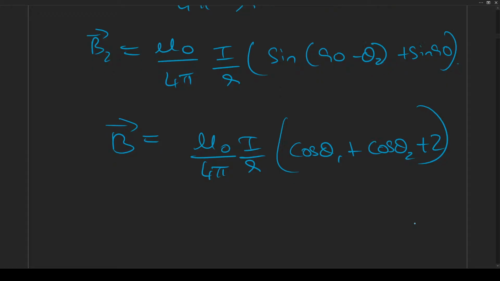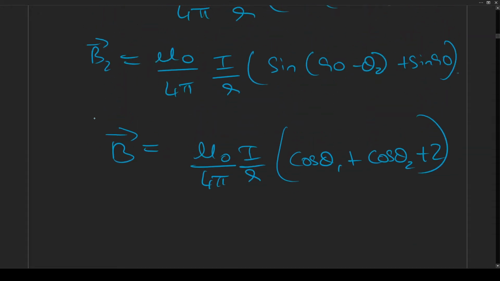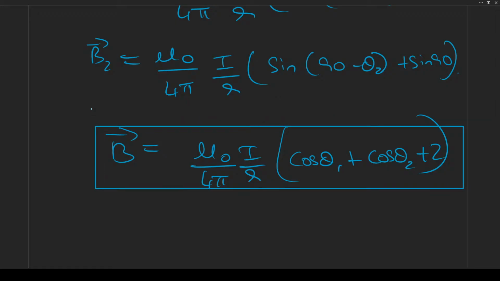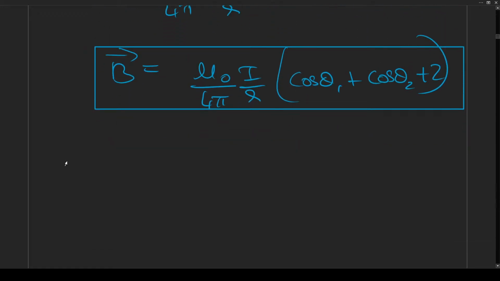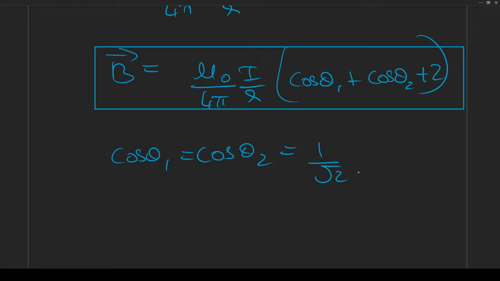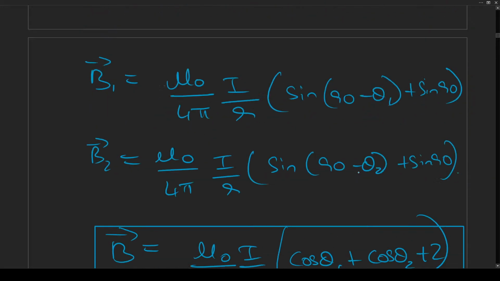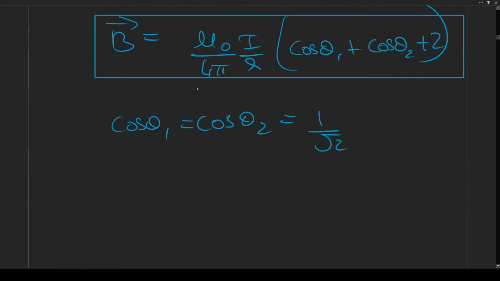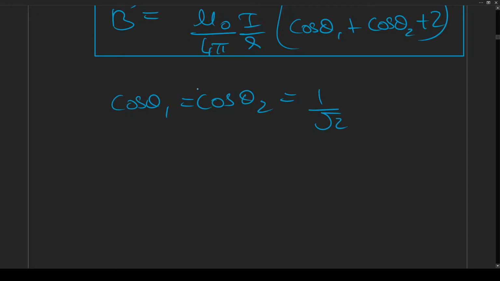This is the answer when theta 1 and theta 2 are different, but if cos theta 1 is equal to cos theta 2, equals 1 by root 2, assuming that theta 1 and theta 2 are 45 degrees here, then cos 45 degrees is 1 by root 2, and substituting that, we will get